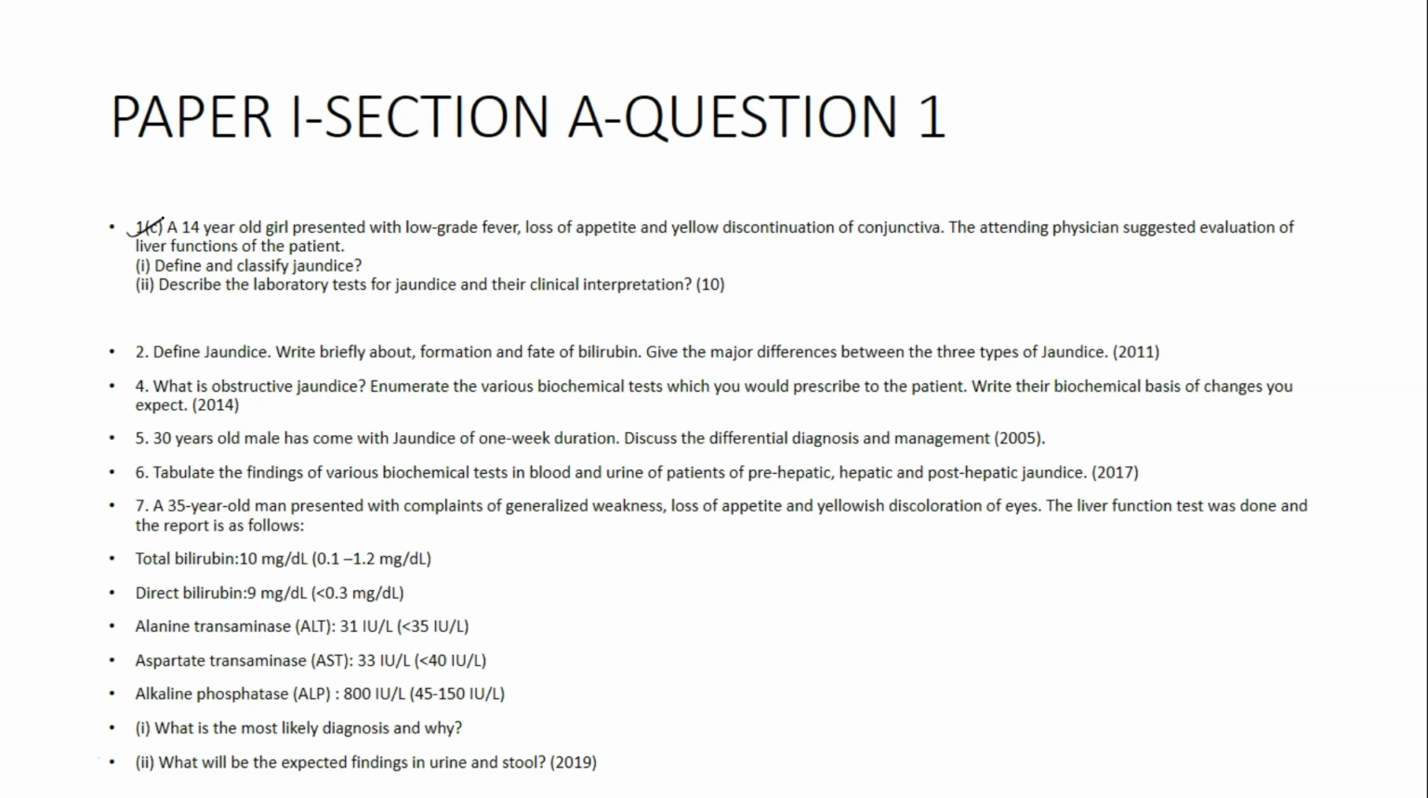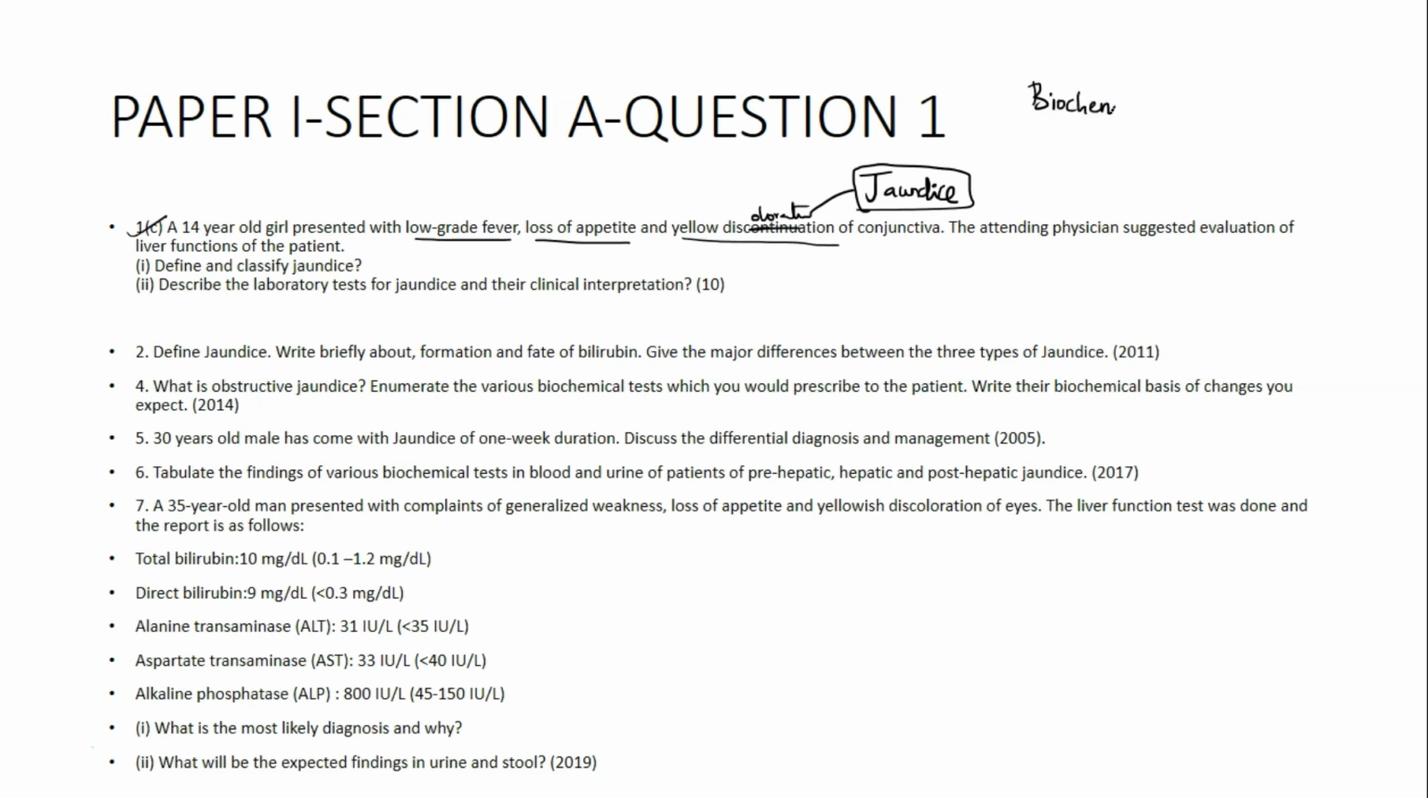The next question 1c is, a 14-year-old girl presented with low-grade fever, loss of appetite, and yellow discoloration of conjunctiva. Yellow discoloration of conjunctiva is jaundice, and if you don't know the answer for this question, you are not ready for this particular exam, let me tell you, because every year there is a question on jaundice